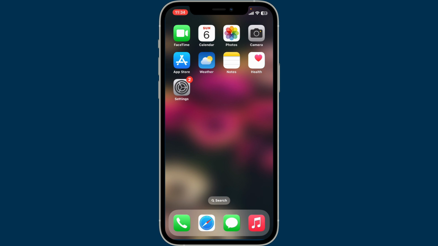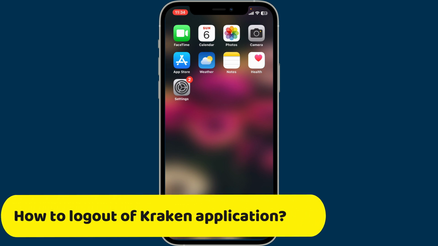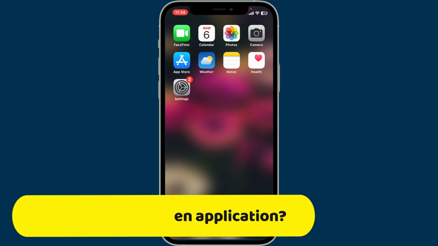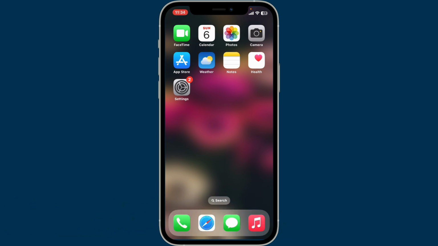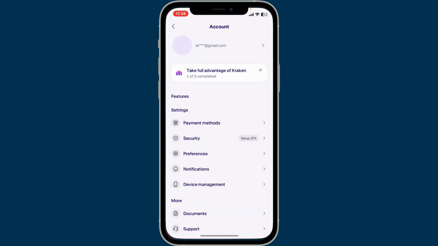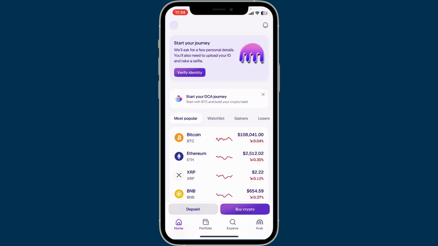Today in this video we will be learning how to log out of Kraken application on your smartphone. If you are done trading or just want to secure your account, logging out of Kraken app is a smart move. First of all, open up the Kraken application on your mobile device and make sure that you're logged into